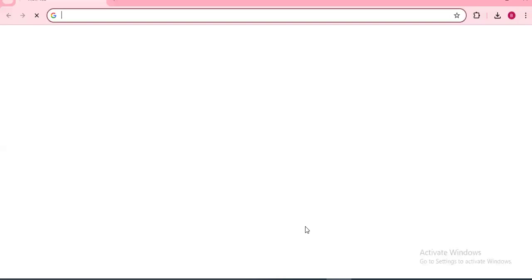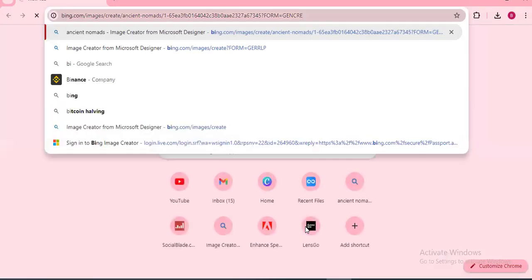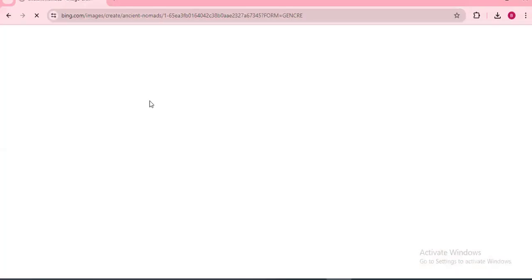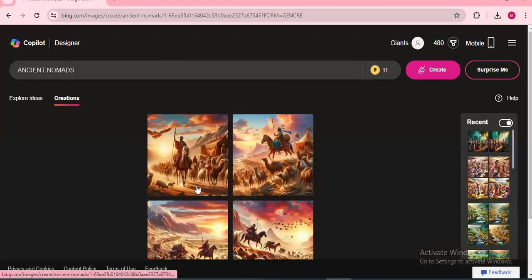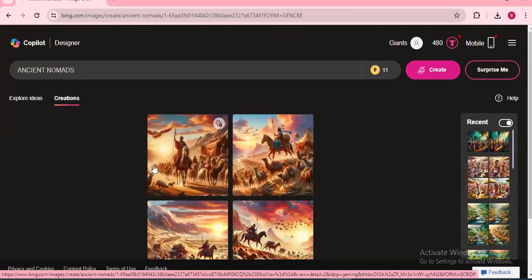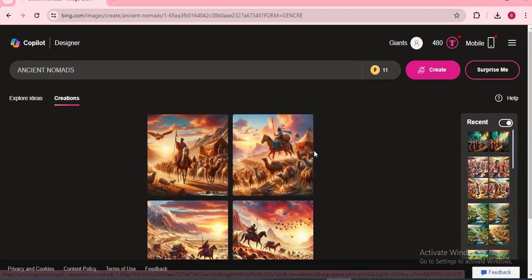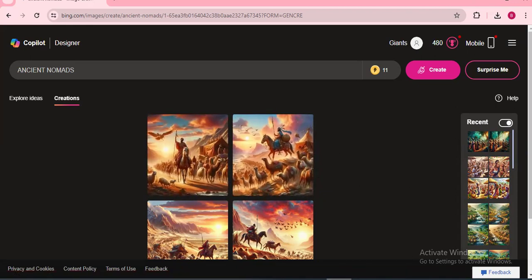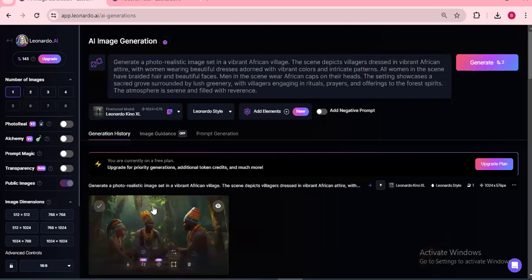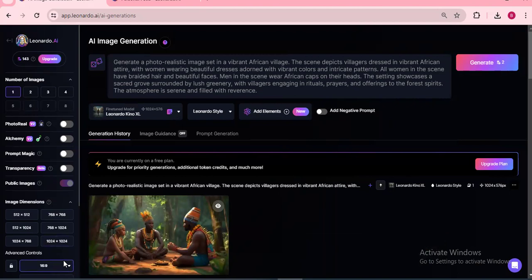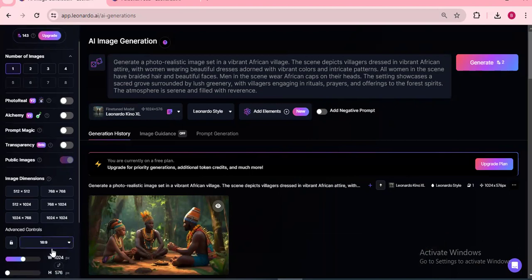You've got to convert your image dimensions from this square image format to the rectangular YouTube dimension. Provided you selected the appropriate aspect ratio before generating on Leonardo AI, you don't need to bother yourself